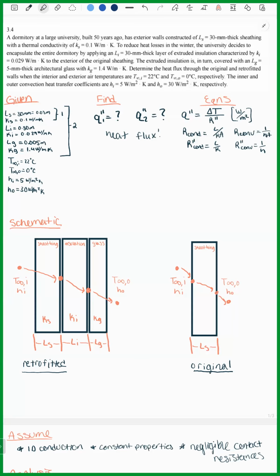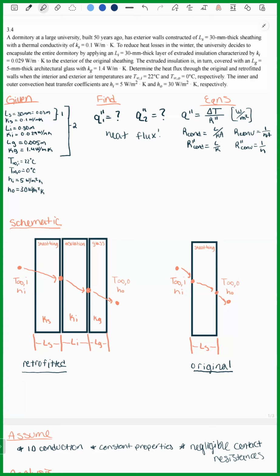So today we'll be looking at problem 3.4. This problem focuses on thermal resistances and conduction through a wall. To start out, I'll just read through the problem statement and highlight some of the important givens that we'll be